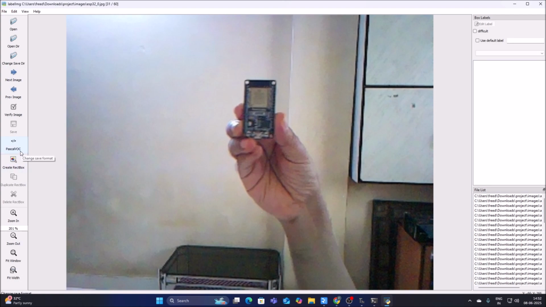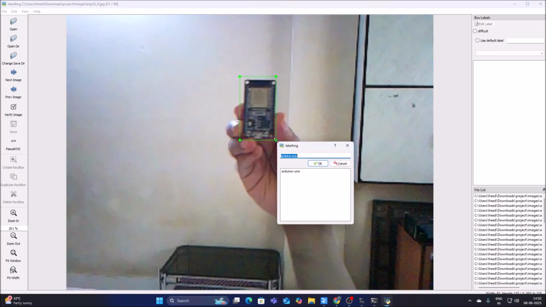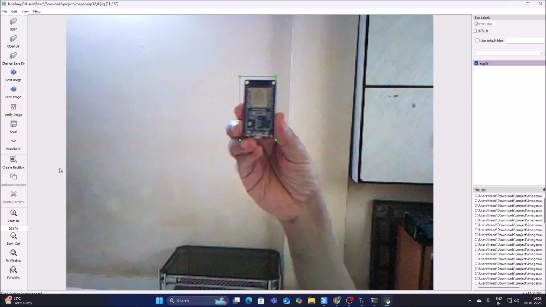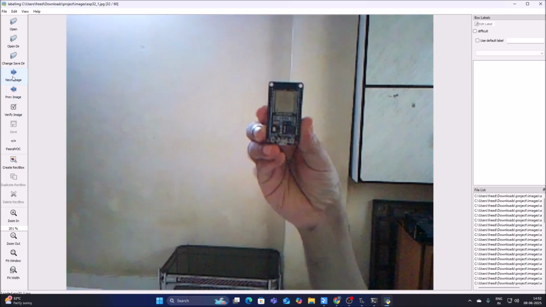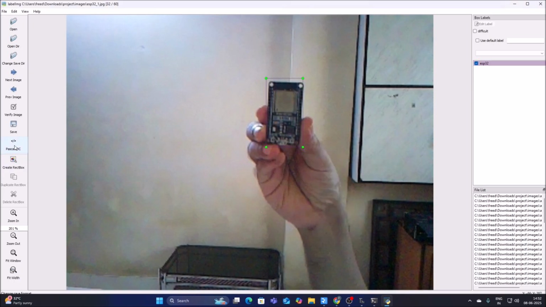Same way, Pascal VOC, create rectangle box, draw the rectangle box on it, and we will create the new class which is ESP32. ESP32, click on OK, click on save button, go for next image, click on create rectangle box, then draw the rectangle box on it, and we already select the ESP32, select it, click on OK, click on save,